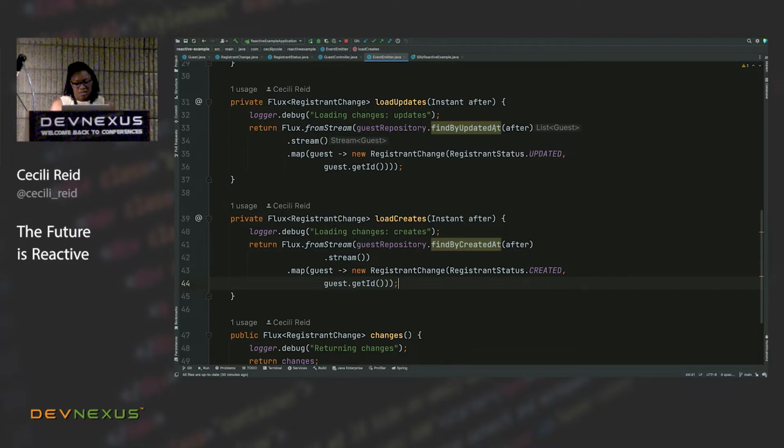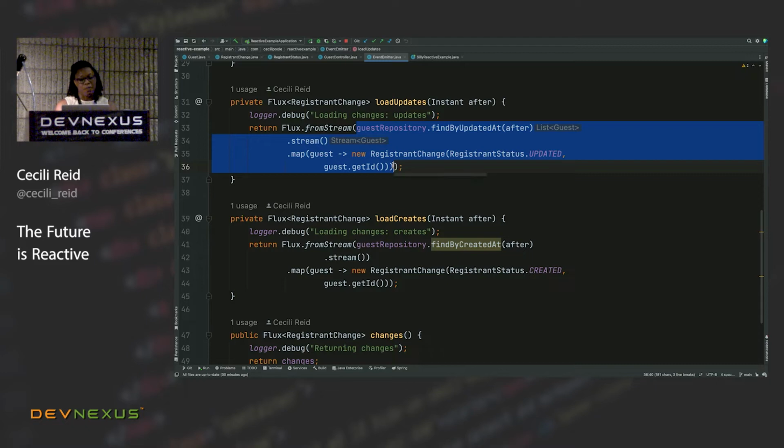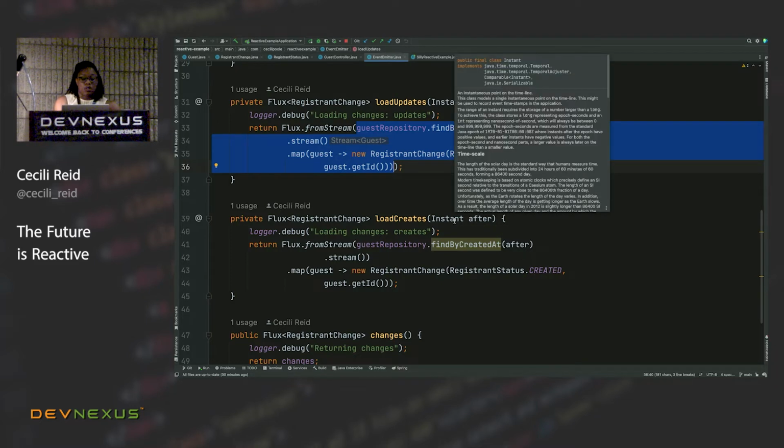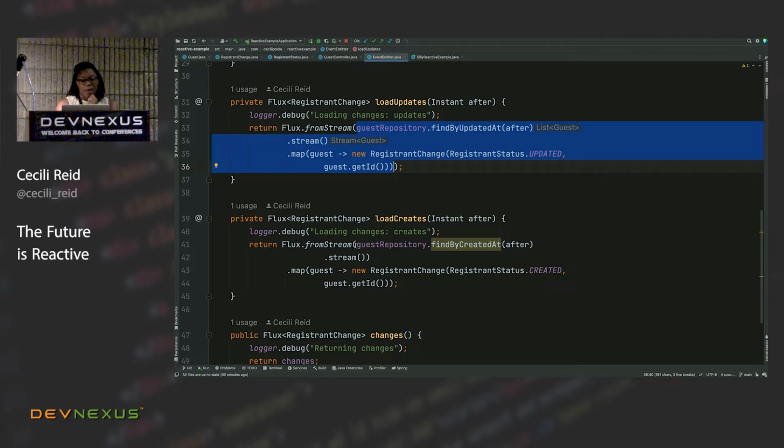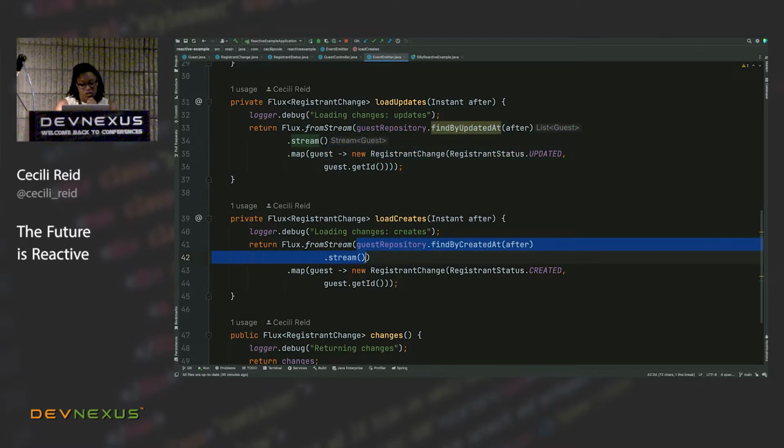In updates, you will notice that my entire parameter from stream, where I'm creating a flux from a stream, is from lines 33 to 36. So I'm getting a stream from the database, and I'm still doing the mapping. For my load creates, my parameter is only from line 41 to 42.